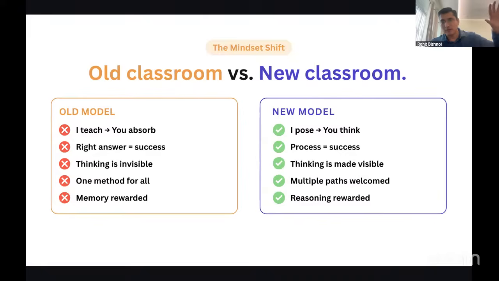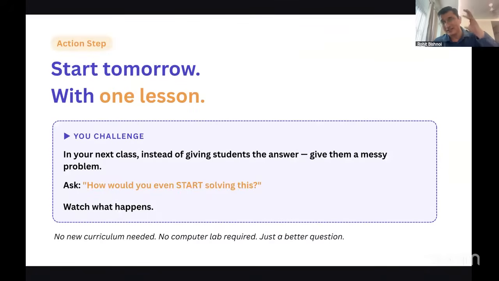In old model there was one method for all, now multiple paths will be welcomed in AI era. Memory was rewarded in old system, reasoning will be rewarded in new model। एंड आप देखिएगा बहुत जल्दी ये शिफ्ट आने वाला है। आप आजकल देखने लग गए होंगे छोटे छोटे बच्चे 20-20 साल के, 15-15 साल के स्टार्टअप्स बना रहे हैं। बिकॉज स्टार्टअप बनाने के जो इंजीनियरिंग टूल्स हैं वो आप मार्केट में अवेलेबल हैं। अब जिसके पास जितनी थिंकिंग है, जो जितना सोच सकता है, जिसको जो एक्सपोजर है, वो आगे बढ़ जाएगा।